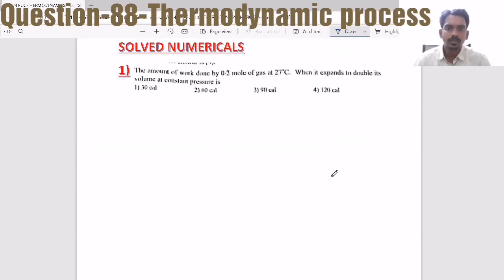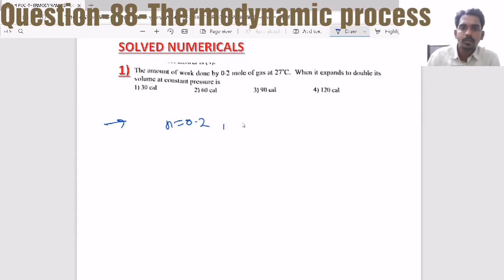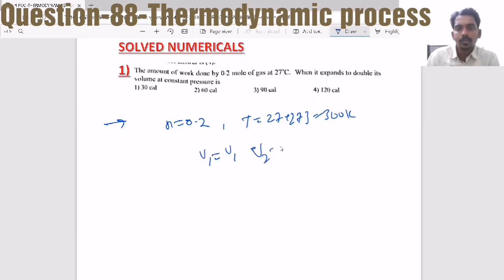Now comes the example questions. Let's see. The very first question is the amount of work done by 0.2 moles. The number of moles is 0.2. At temperature 27, that means 27 plus 273, 300 Kelvin, when it expands to double its volume. So V1 is V, and V2 is 2V, double. At constant pressure, so pressure is constant,